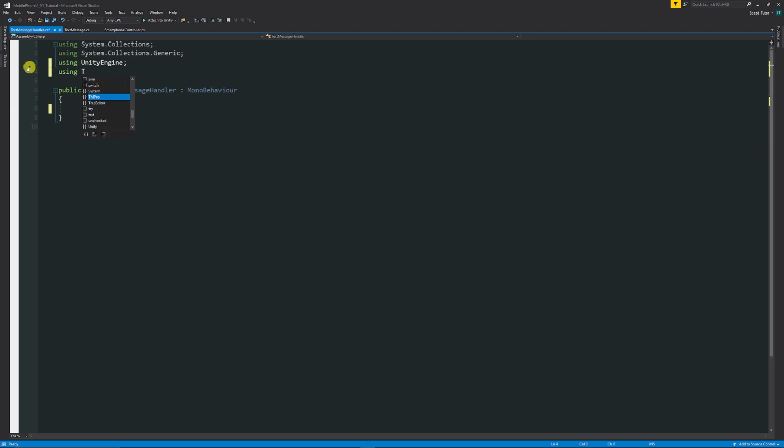We want to use TM Pro, and then from there we want to say, in square brackets, SerializeField private, we want to reference our scriptable object, which is the text message at any one time, and I'm just going to give this a field name of textMessage. Then we want to reference the UI, which is going to be TMP_Text, the text name and